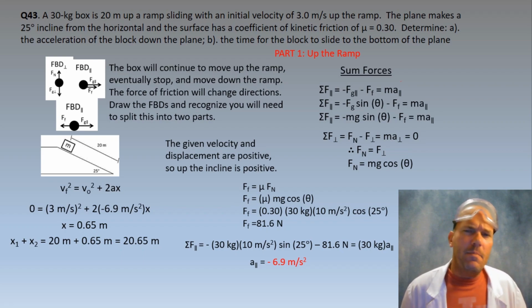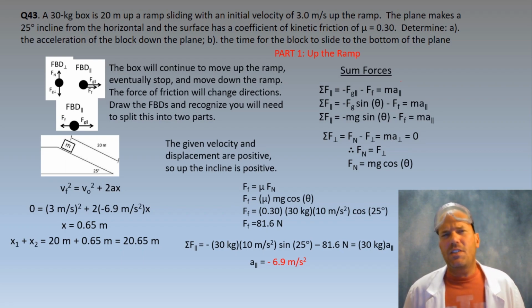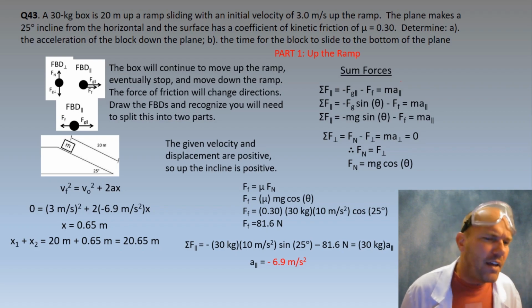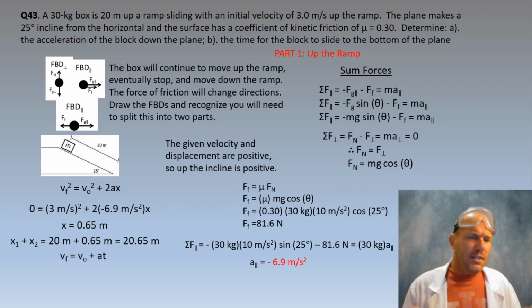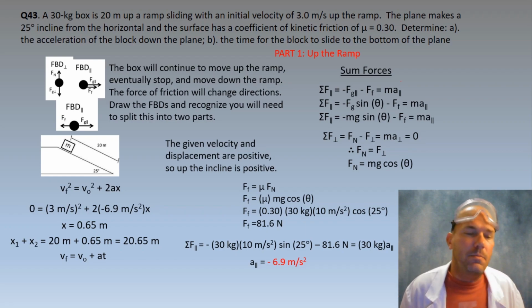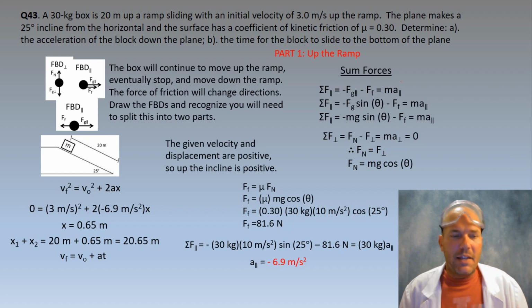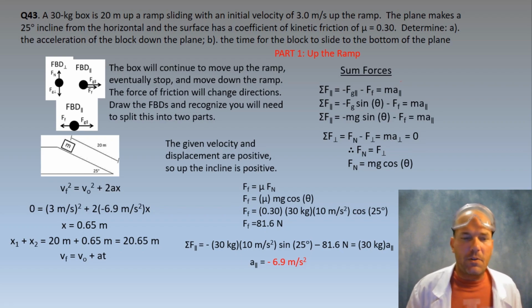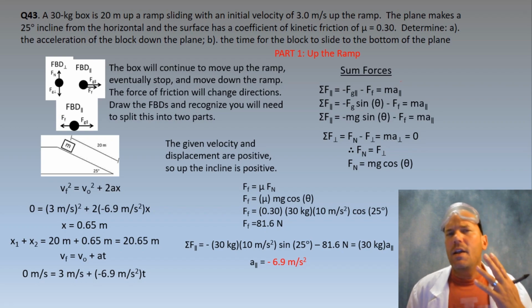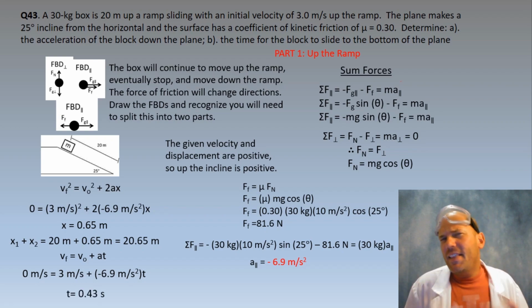Let's see if we can find the amount of time it takes for it to stop. It's going up. How long does it take for it to actually stop for these additional 0.65 meters? And we see that we can use v final equals v naught plus the acceleration multiplied by time, because again, we know the acceleration, we know v final to be 0, and we know v naught to be a positive 3 meters per second, which means we can easily solve for the amount of time it takes, and that is equal to